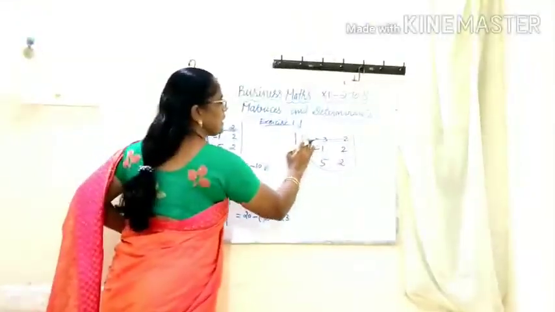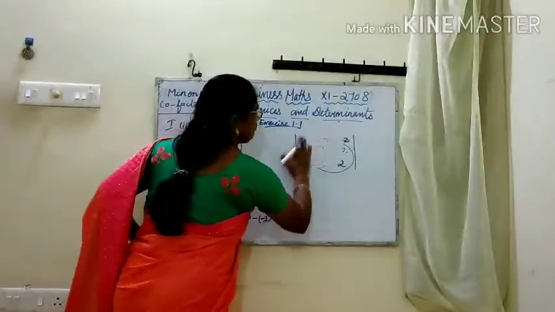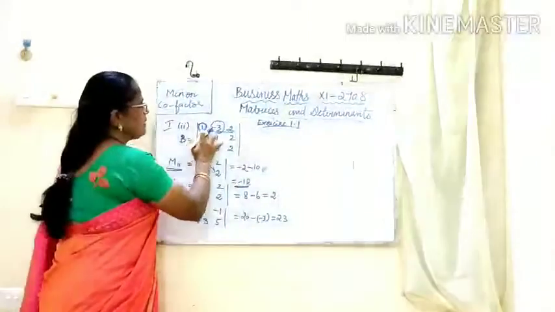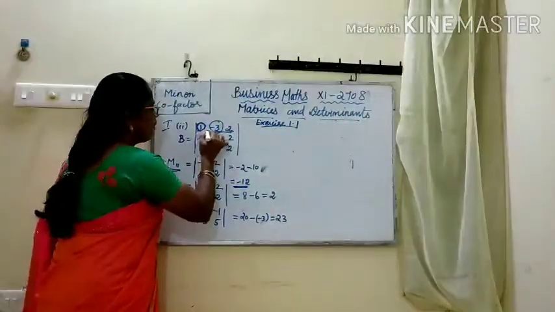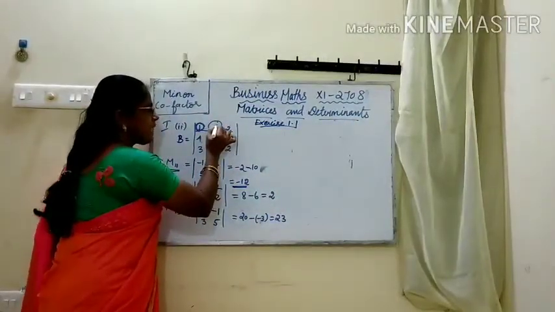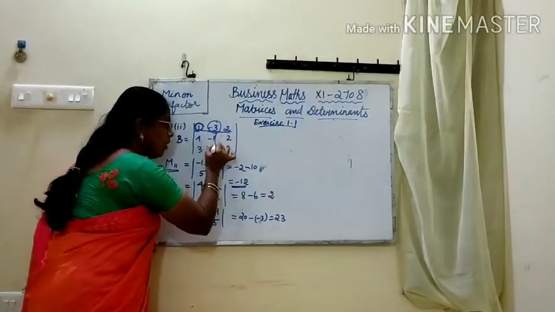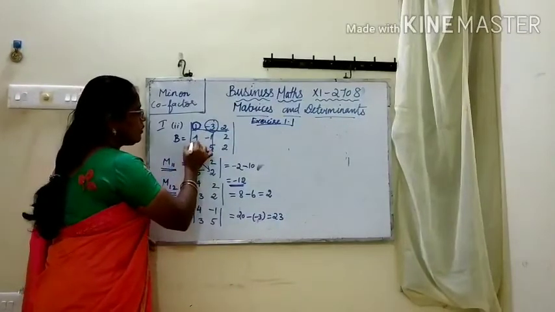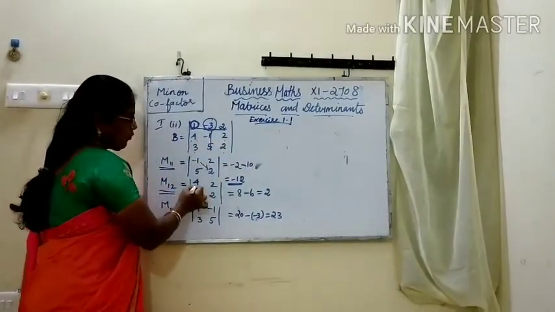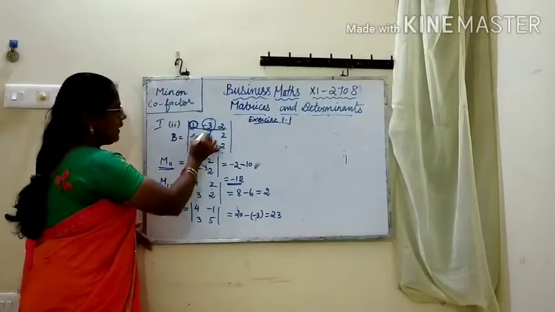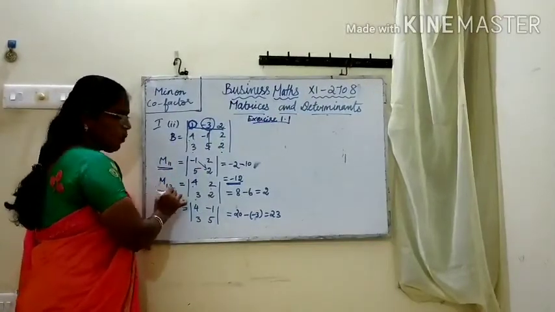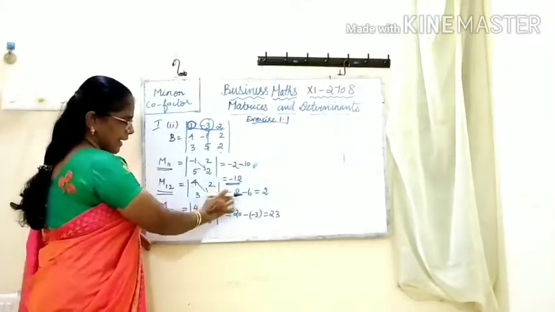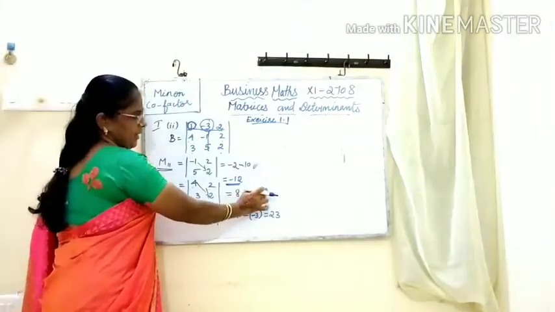Likewise, to find the first row, second column element, that is minus 3. Minus 3 lies in the first row, second column, so the first row as well as the second column are eliminated. You get 4 2 3 2. That is the minor of the element minus 3, that is M12 equal to 4 2 3 2. Now cross multiply it. 4 2s are 8, minus 3 2s are 6. You get the answer 2.